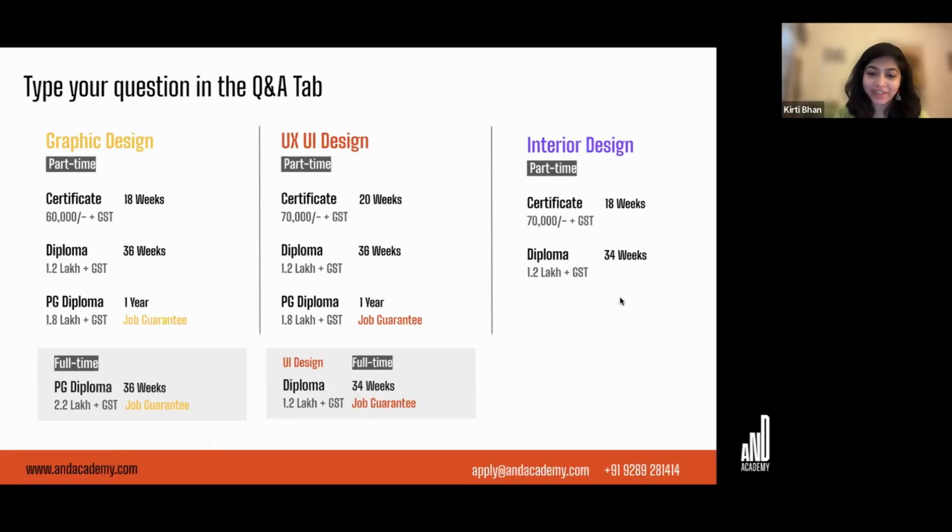Self-study module in graphic design. Like self-study, I think that was in interiors. So I think what they mean is, what is the self-study component? It runs throughout. It's not a module or whatever. They just want to know what they have to do as part of the self-study.